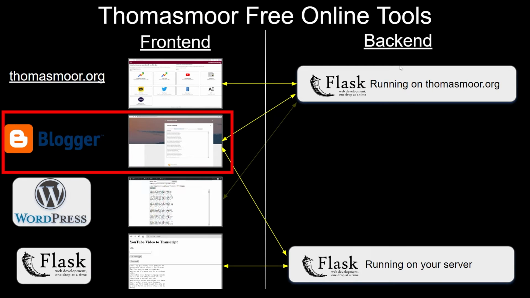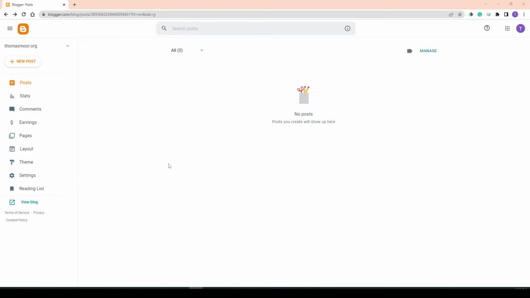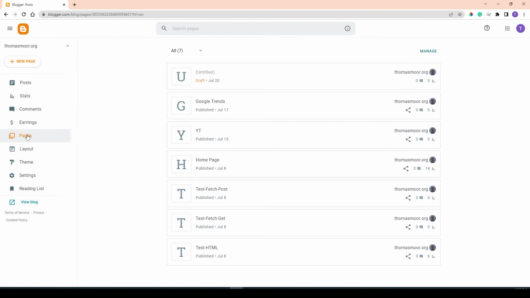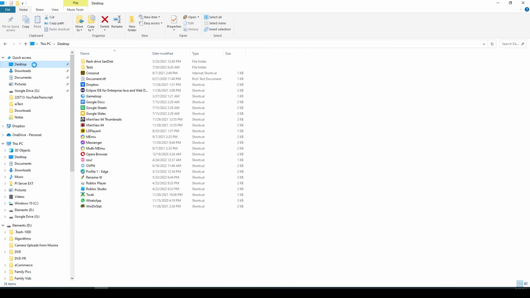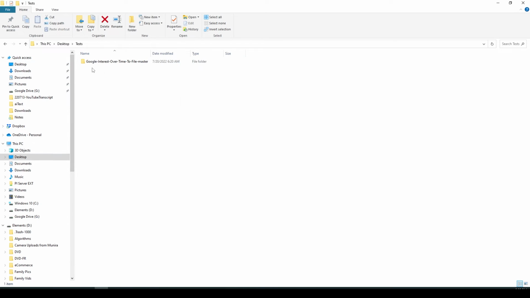Now, let's see how to install my Google Trends tool on Google Blogger, also known as Blogspot. Connect to your Blogger account, go to Pages, click on a new page, set a title, select the lesser and larger signs drop-down button, select HTML view, go to the directory where you extracted the Git